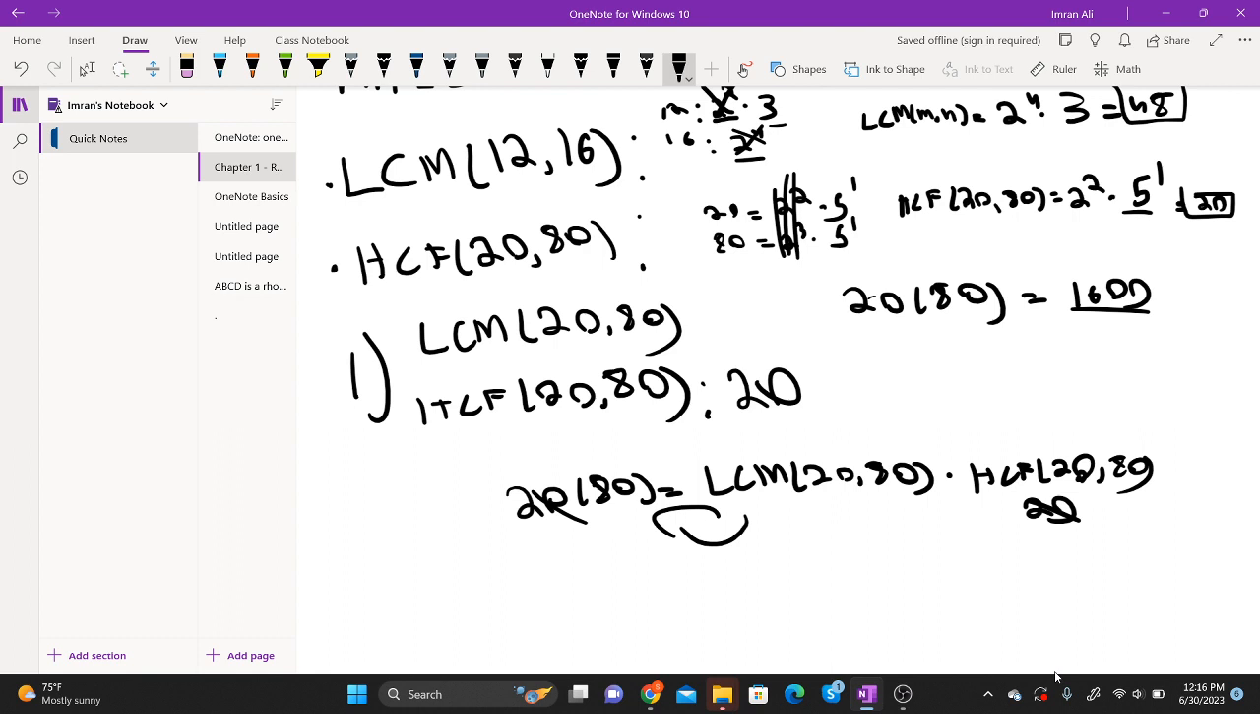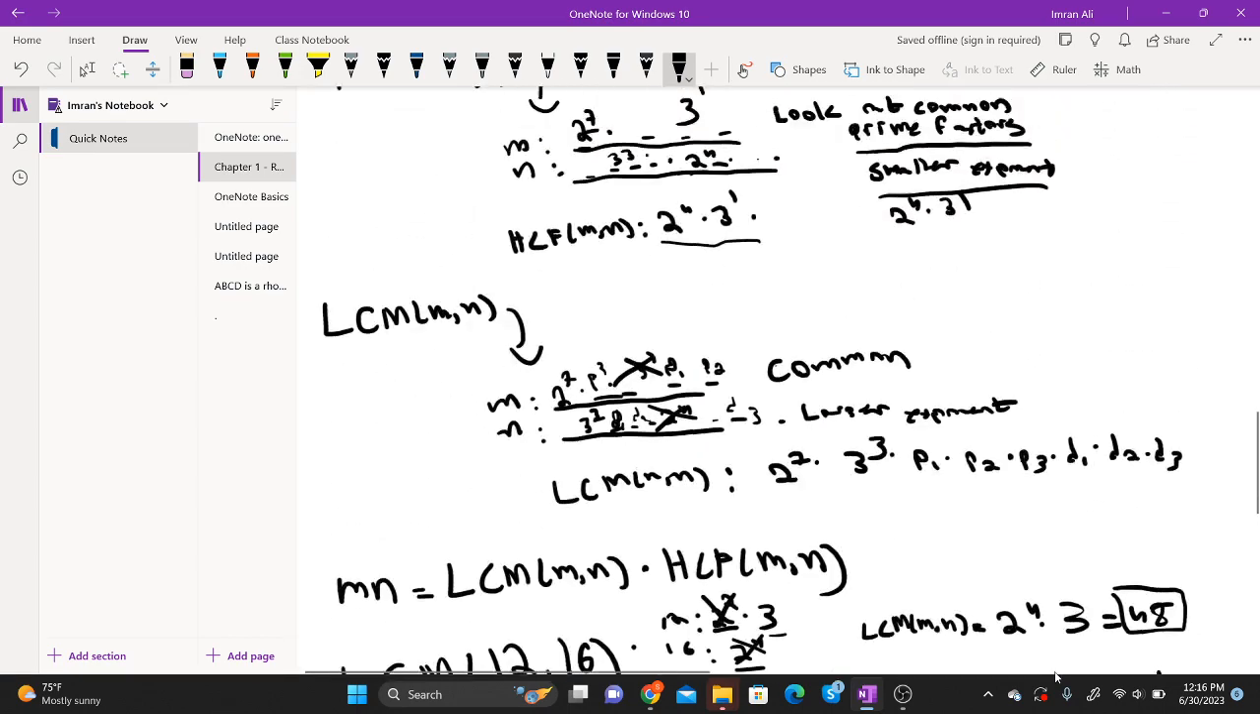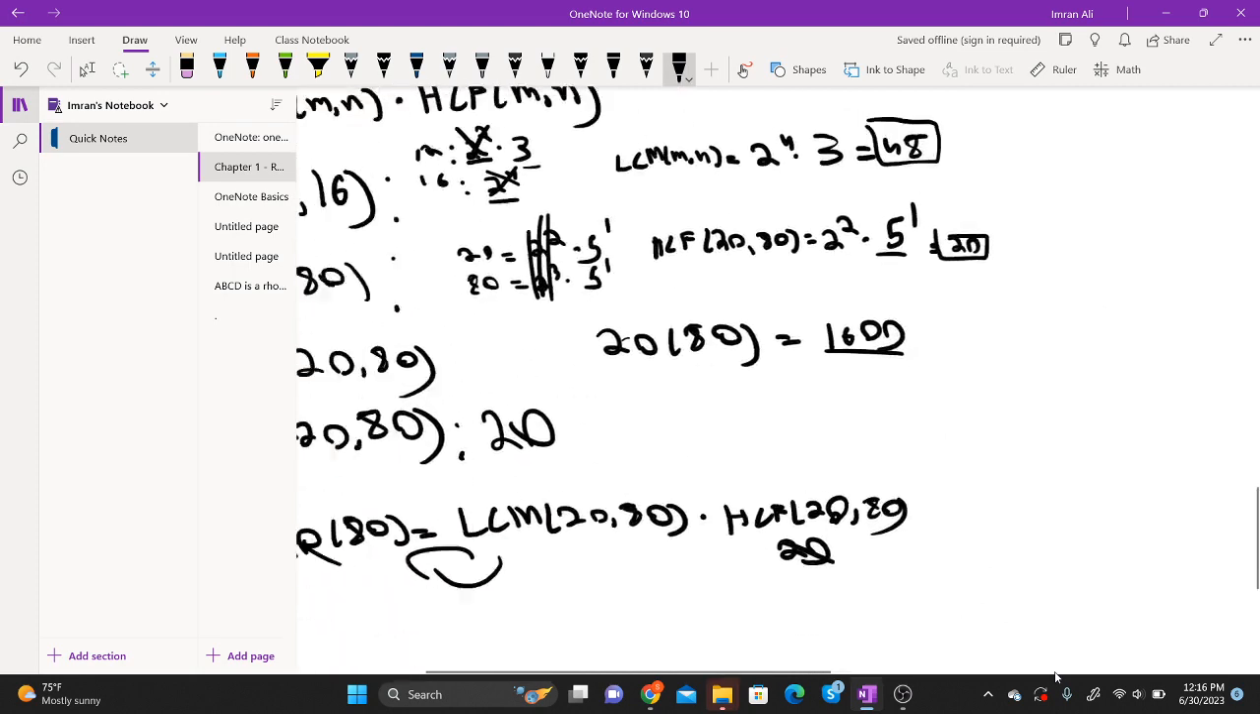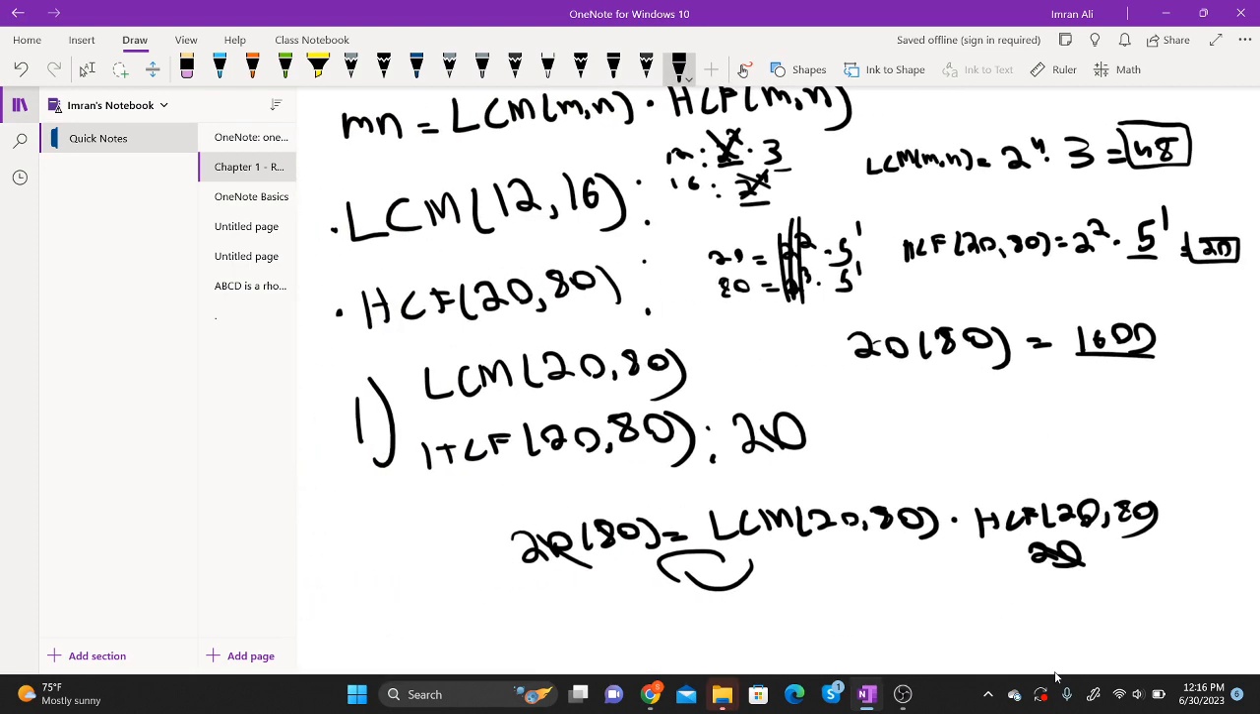Alright, so we covered irrational numbers, fundamental theorem of arithmetic or prime factorization, and then the LCM and HCF theorems and methods you need to know in order